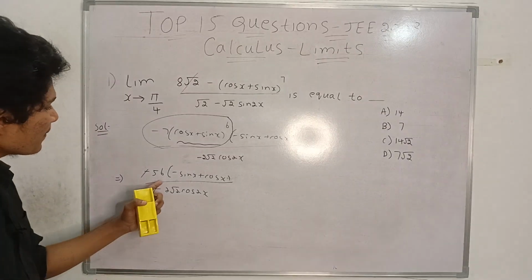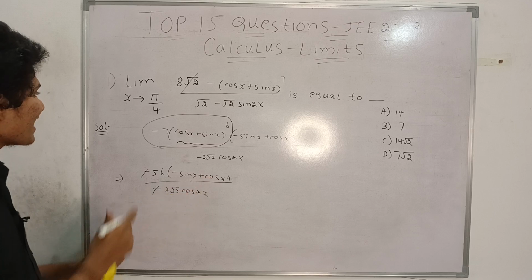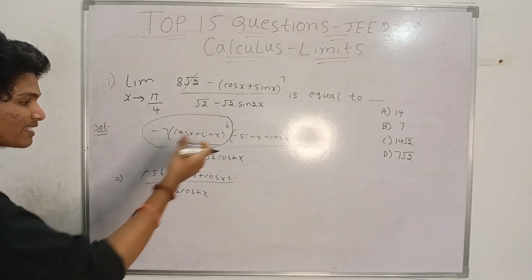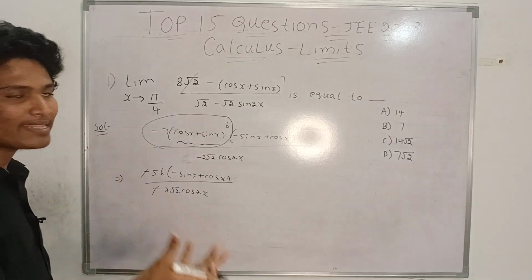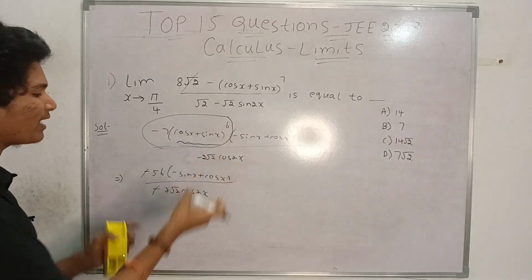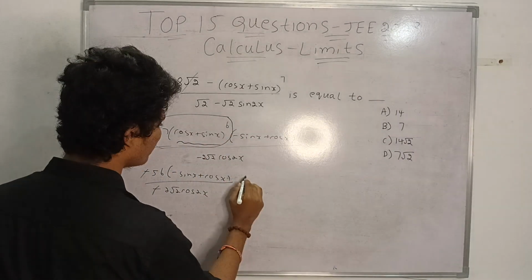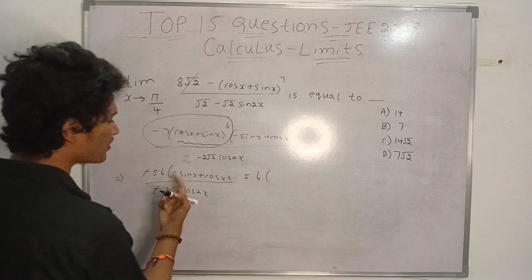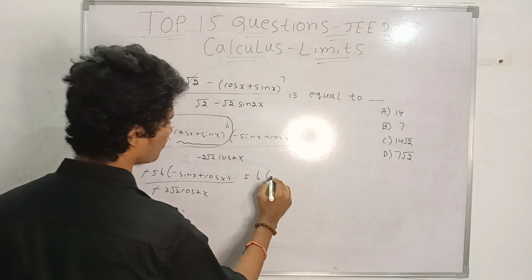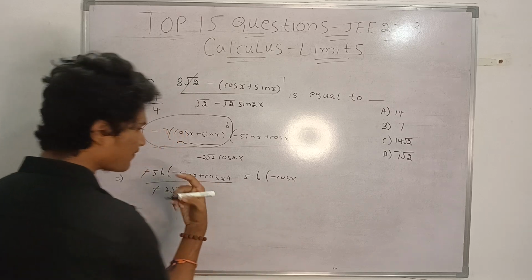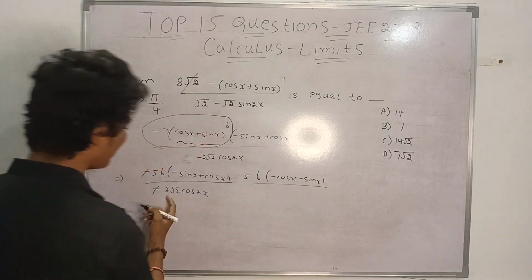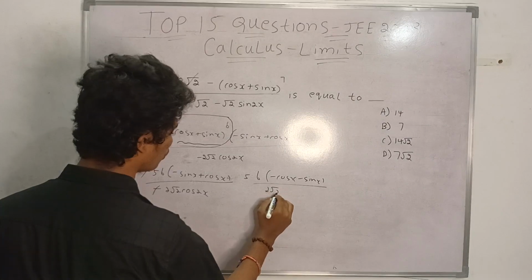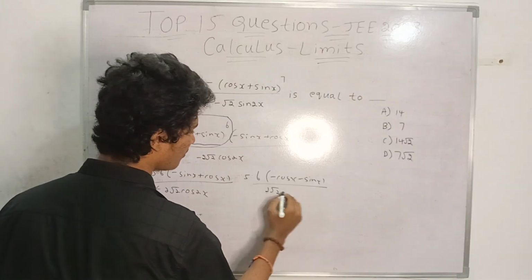And when we check here, minus sin x plus cos x, again when we substitute pi by 4 in the limit, it is getting 0 by 0 form. So again we apply the L'Hopital rule to numerator and denominator, and you will get 56 into, what is the differentiation of minus sin x? It is minus cos x. And what is the differentiation of cos x? It is minus sin x, divided by 2 root 2 cos 2x,